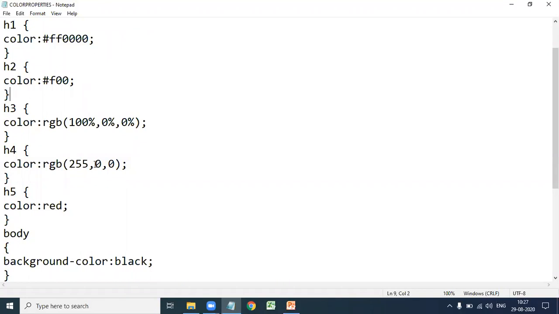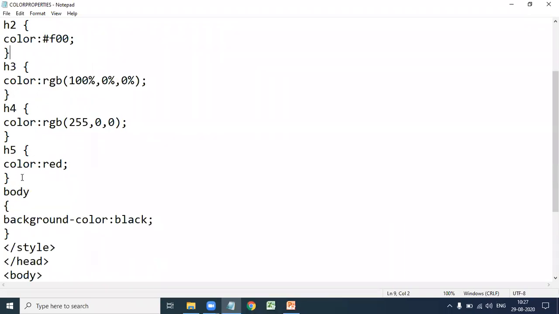Green value is 0, and blue value is also 0. If you give 255, 255, 0, it gives the combination of red color and green color. If you give 0, 0, 255, we apply blue color to the H4 tag.